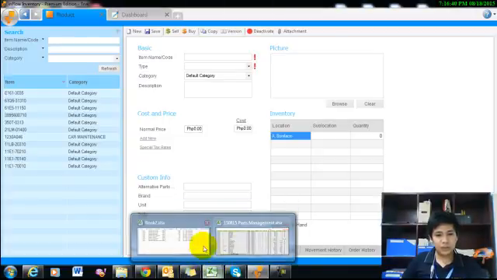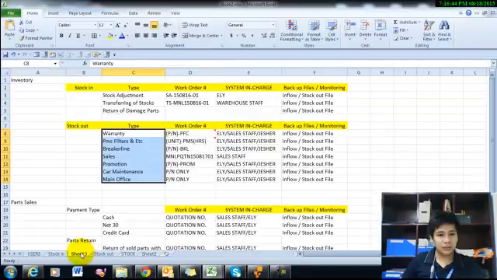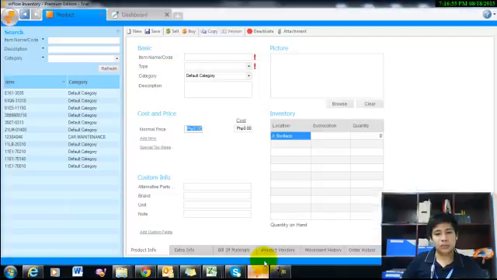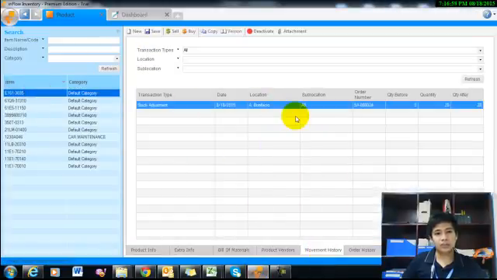So before we start, I just want you to look at this. Stock adjustment. This is my presentation, stock adjustment, SA. So you can check the movement history. Stock adjustment, it's SA0024.